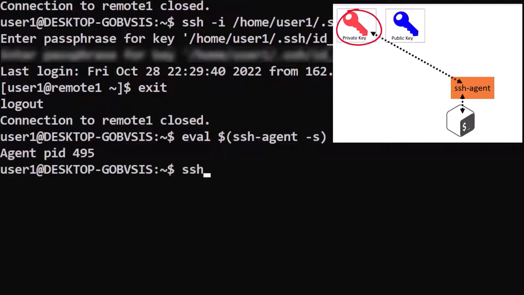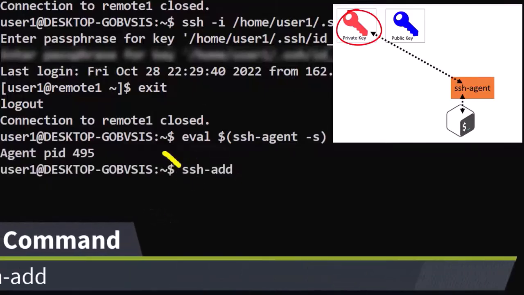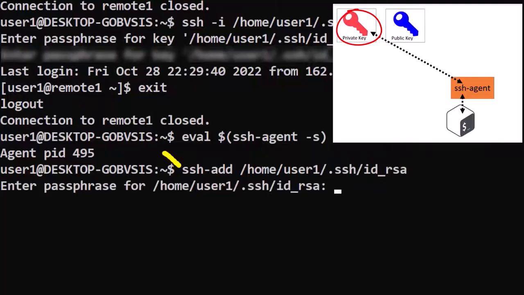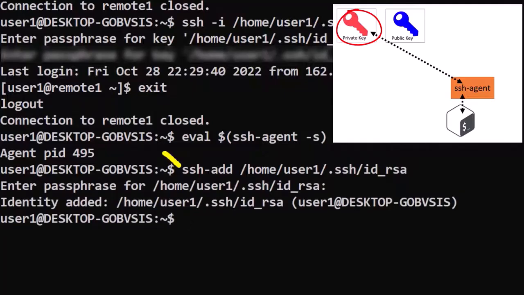We then load our private key with ssh-add and specify the path to our private key. We give our passphrase, and we confirm it's loaded.